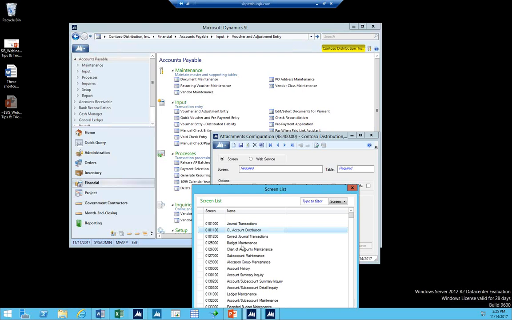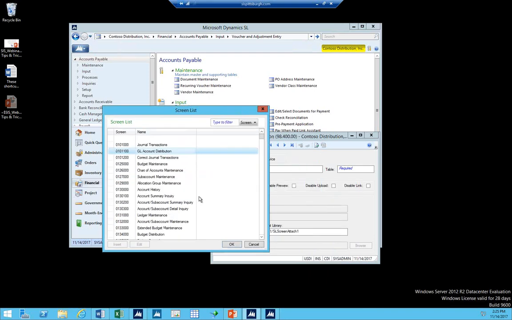Okay, so everything's by screen. And you'll see that it's going to list every screen. Every screen has a number in front of it. You may or may not be familiar with that. I would assume most of you are. And each module starts with its own numbering. 01 is general ledger. 02 is payroll. 03 is payables. So if we look at the voucher and adjustment screen,